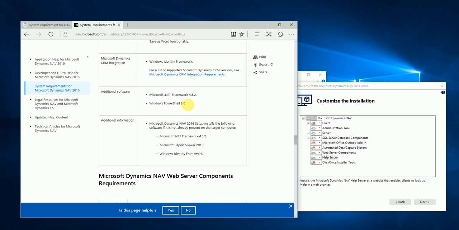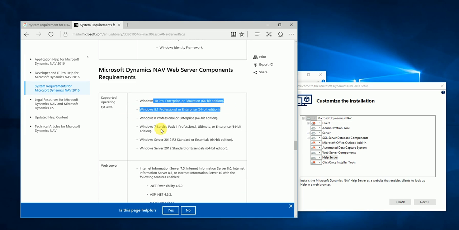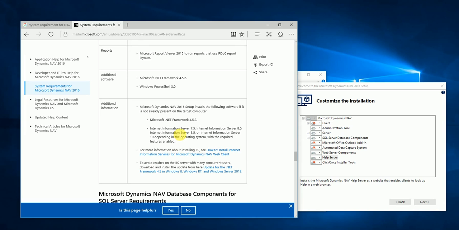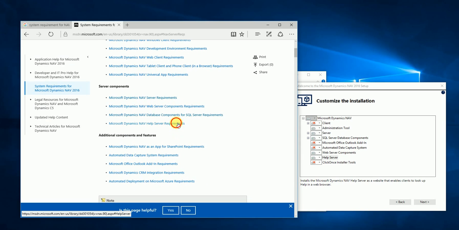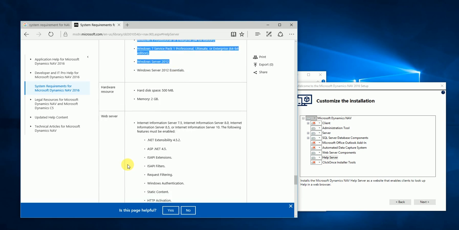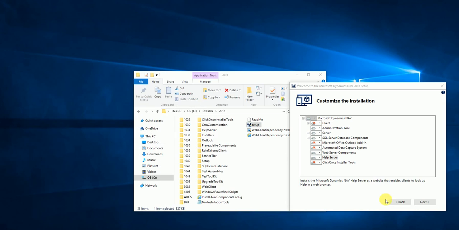Let's see what our second component is, the web server component. What I need for that is these operating systems, again similar, but there are some changes. You can read it through. And in the same way, when you go to the health server, let's navigate to the top and see the health server requirement. My health server has some operating system limitations, and it needs IIS for sure, which can again be installed only on these supported operating systems. So if you have everything in place which is required for this component to install, just click on next,